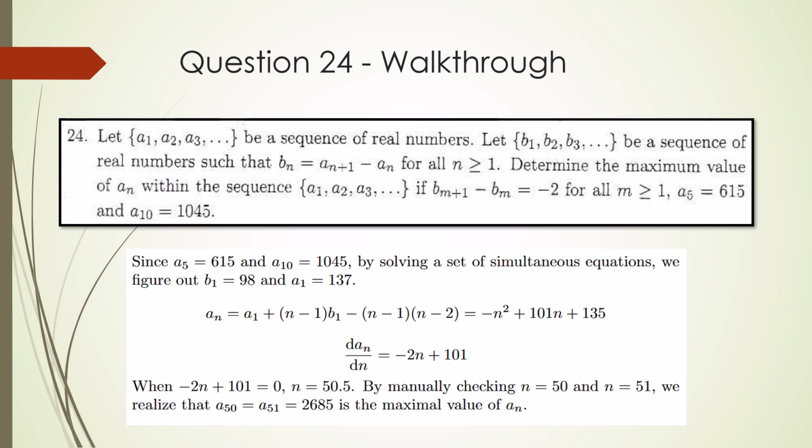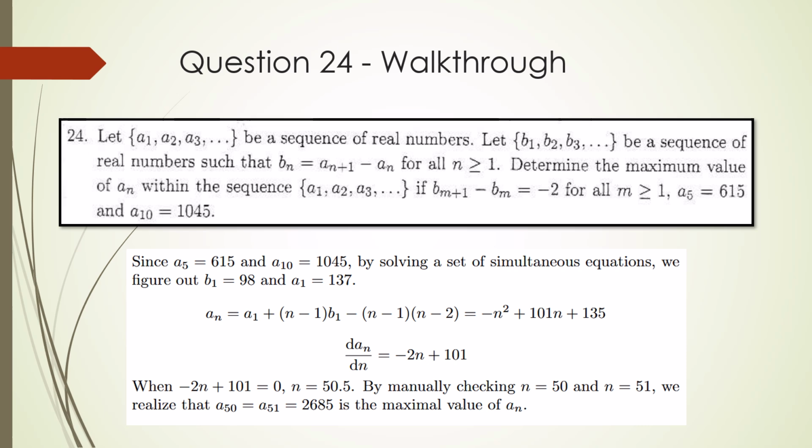So then you have a5 and a10. They give you that in the question, right? So then what you have to do is you solve a set of simultaneous equations, and then you figure out what b1 and a1 are because of the relationships that you got in the previous slide. So after that, since we know what a1 and b1 are, we substitute this back in, and we get a formula for an,